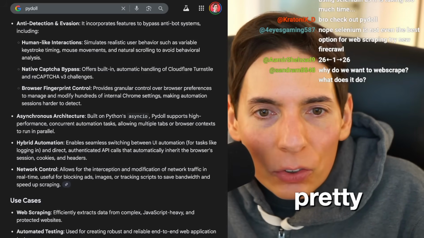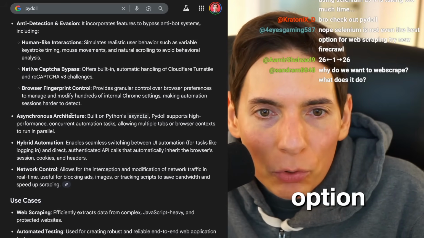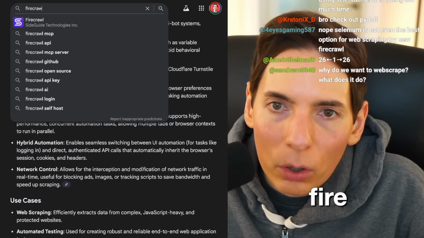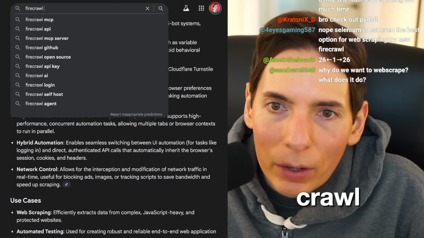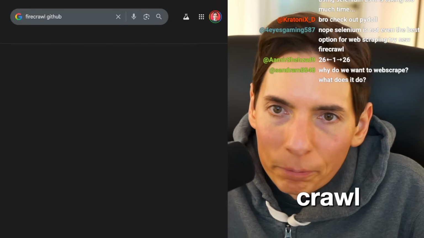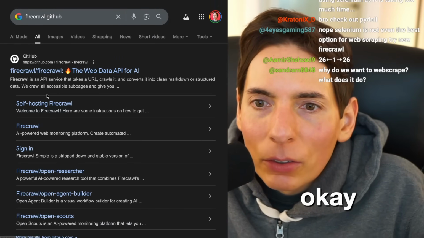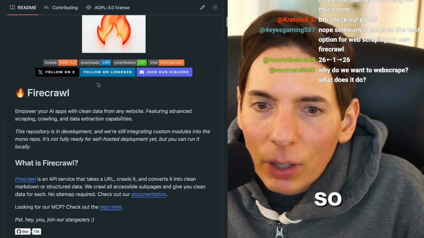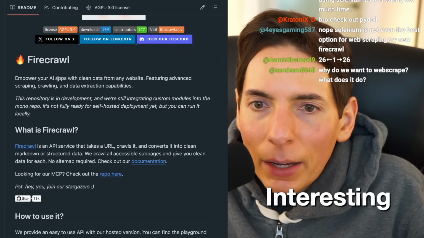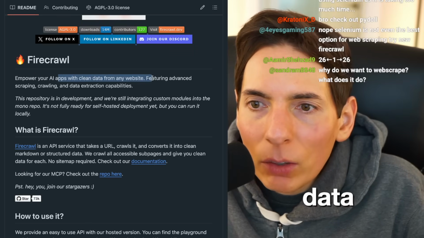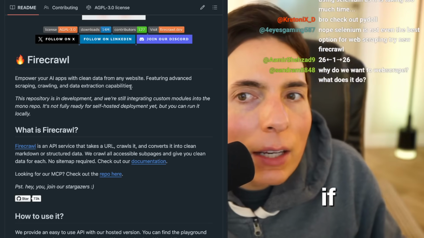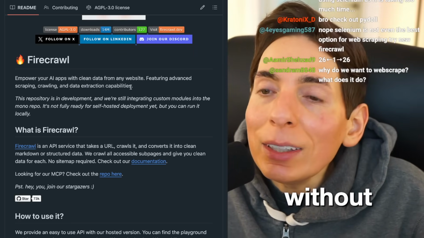That's pretty neat. Selenium is not even the best option for web scraping. Try Firecrawl. Ooh, that would be a good one. Okay, so it's an API service. Interesting: AI apps with clean data from any website featuring advanced scraping. So yes, if you're really wanting to get some clean data without you needing to clean it yourself,